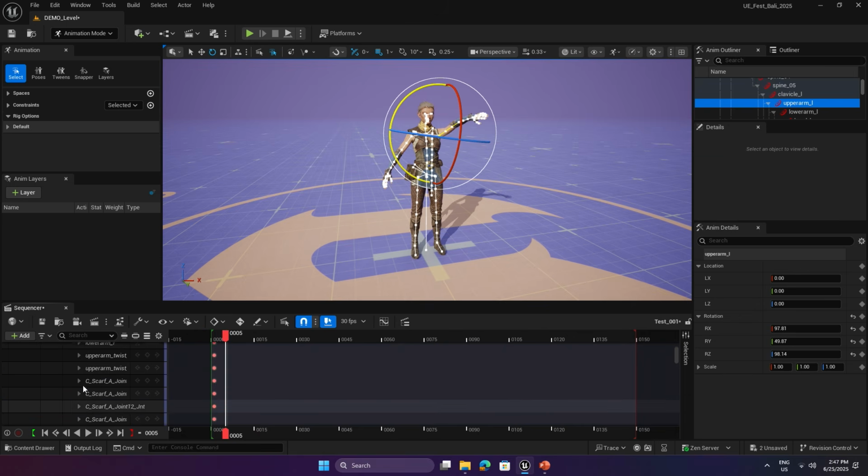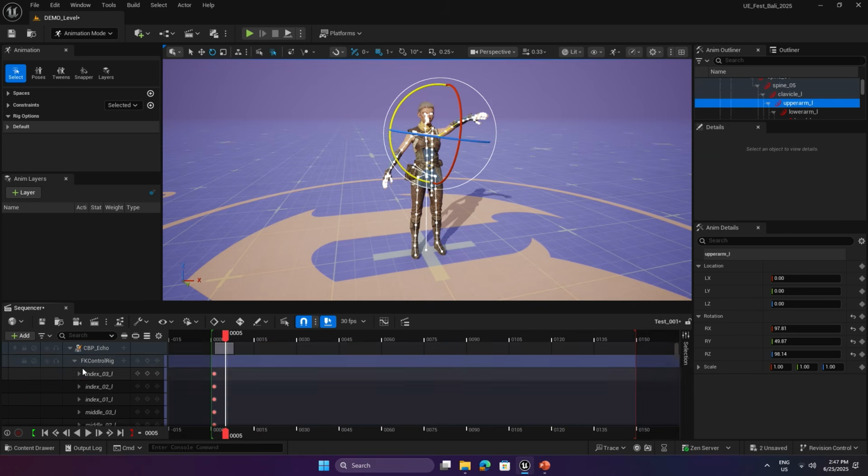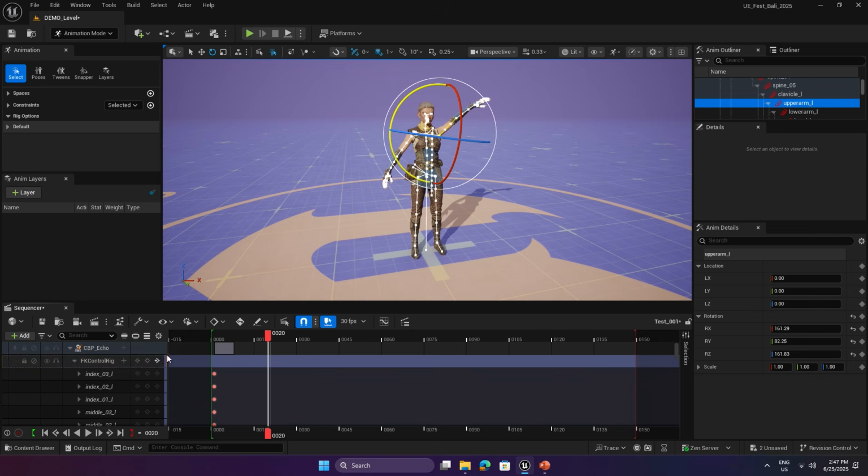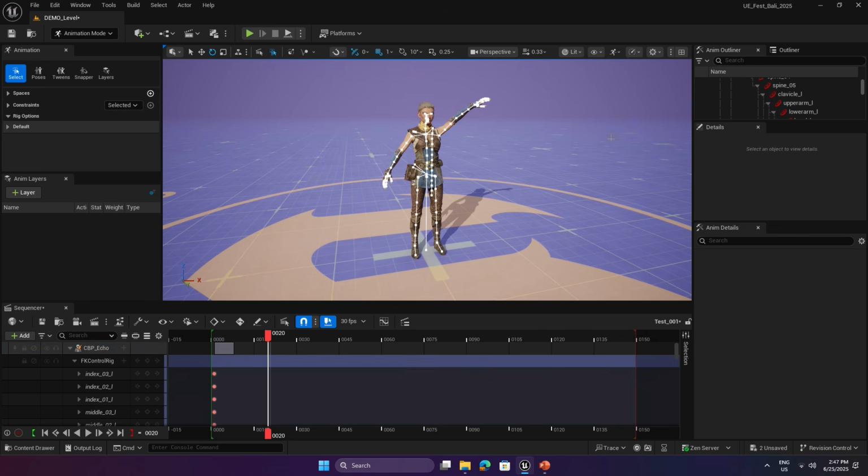This is a good time to stop and talk about this key button that I just kind of glossed over. So this key icon is all over with our animation tools. What it means is it's going to key this row and the contents of this row. So what I love about Unreal is I have no controller selected, and I can click it on the control rig track. On that control rig row, it's going to key the contents of it, which is every single controller